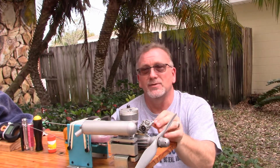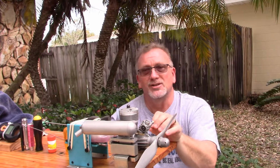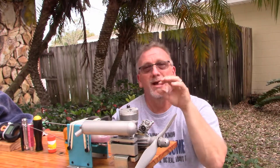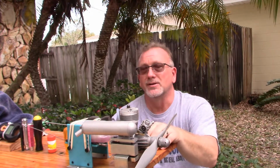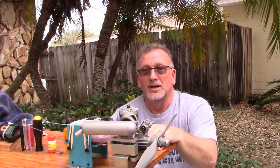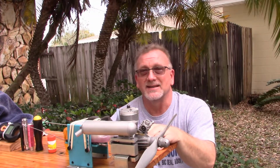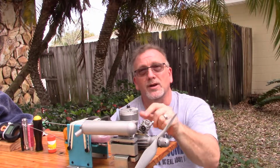And it seemed like it was maybe a hair still rich for the transition, and maybe I can tweak it just a bit more, but I wanted to at least get a video made that shows how it ran earlier in the day and how good it's really running right now. So I'm pretty impressed with this engine, and like I said, I think it'll only get better with more runs on it. So at some point here we're going to put it on static